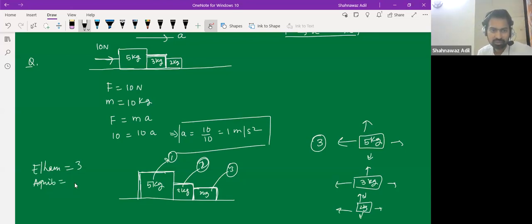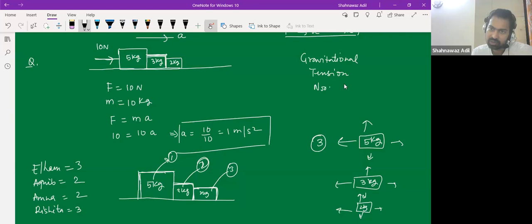Sir, two. Rishita and Amna, what about you? Amna said two, and Rishita said three. Okay, all three: we have gravitational force, tension, and normal reaction. So Akib, you tell me what are the two that